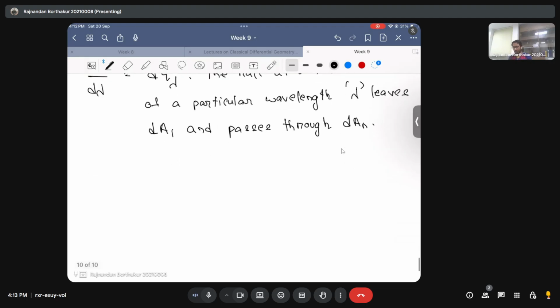Then you can define this I lambda E, which is the spectral intensity of emitted radiation, as dq lambda